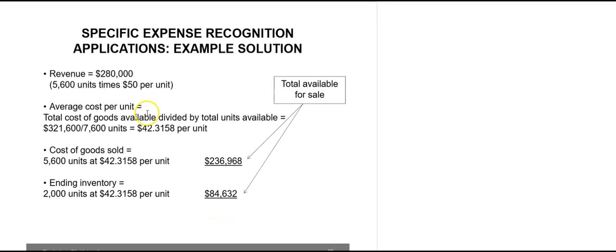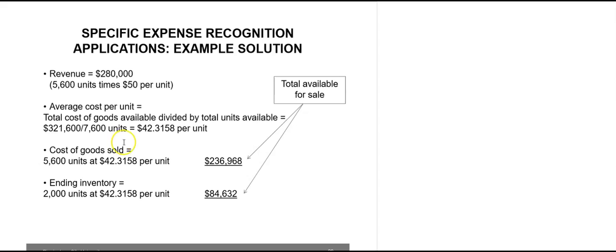To calculate the total cost of goods sold, we have to calculate the weighted cost per unit of inventory. So we know that the total cost of the inventory, that is 7,600 units, is equal to $321,600. So we divide this by the number of units that we have purchased in the 4 quarters, and this gives us the per unit cost of